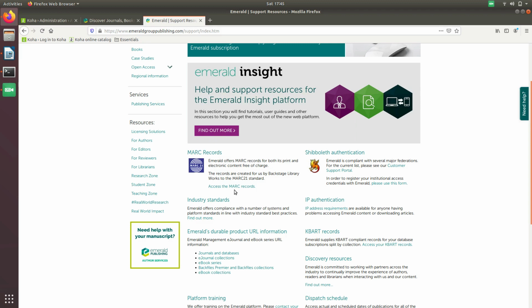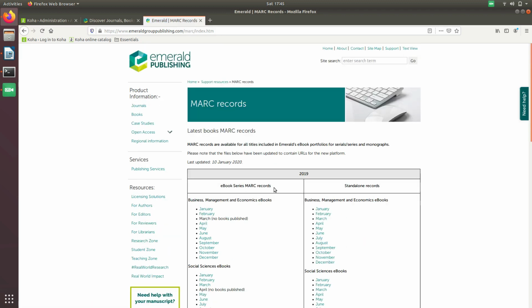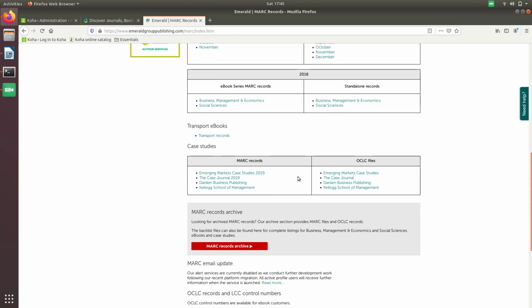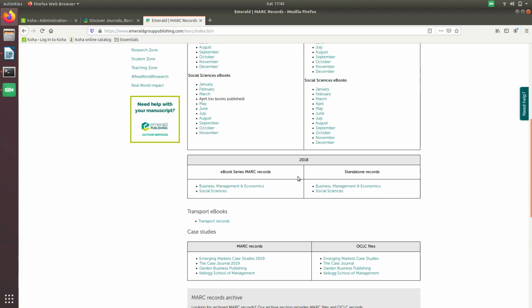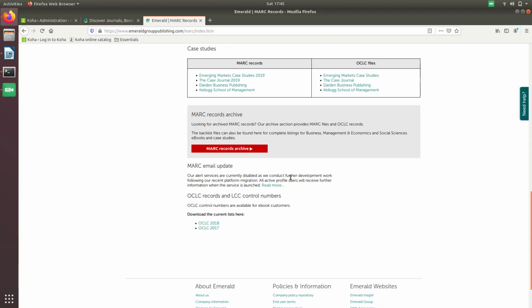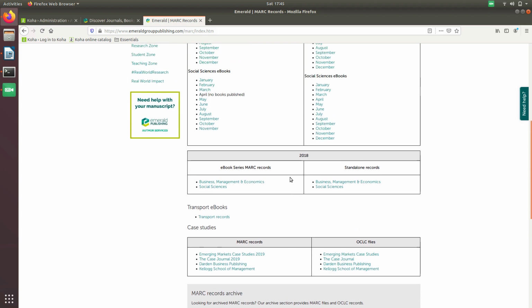So you can click on access the MARC records, and here year-wise you can find that the MARC records are available. So I'll go here and download the record accordingly.